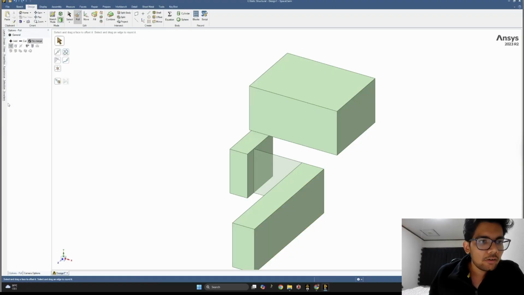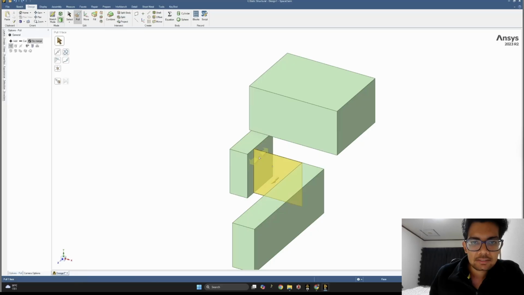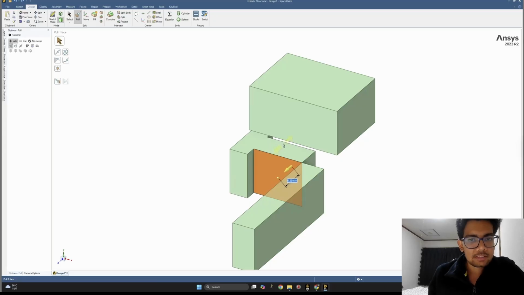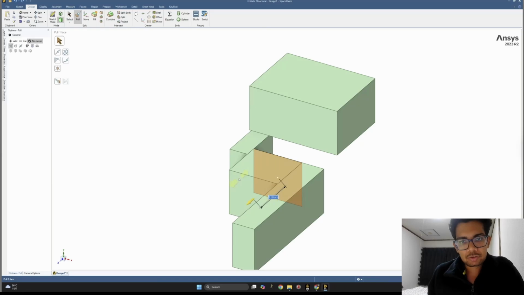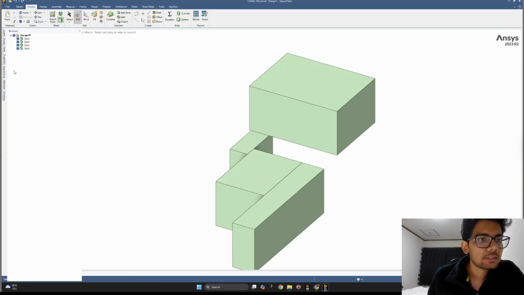The structure tree on the left shows you the total number of geometries, the independent geometries. So you can see that we have 3 solids and 1 surface. So before that, let us pull this leftover surface also. Since I didn't select the no merge option, you can see that it is trying to merge these two. I'll click the no merge option, make my geometry. So now we must be having 4 solids,